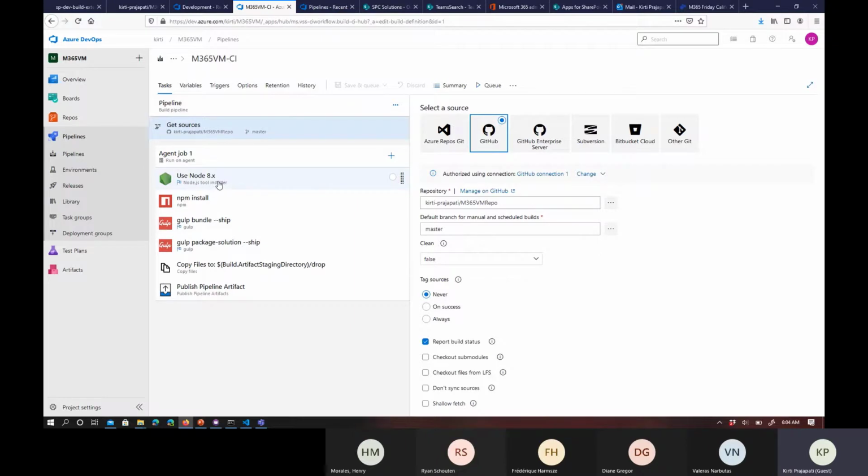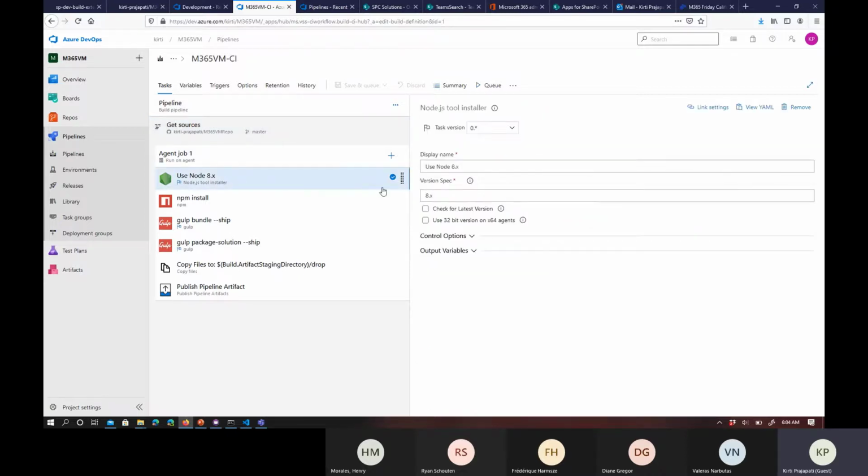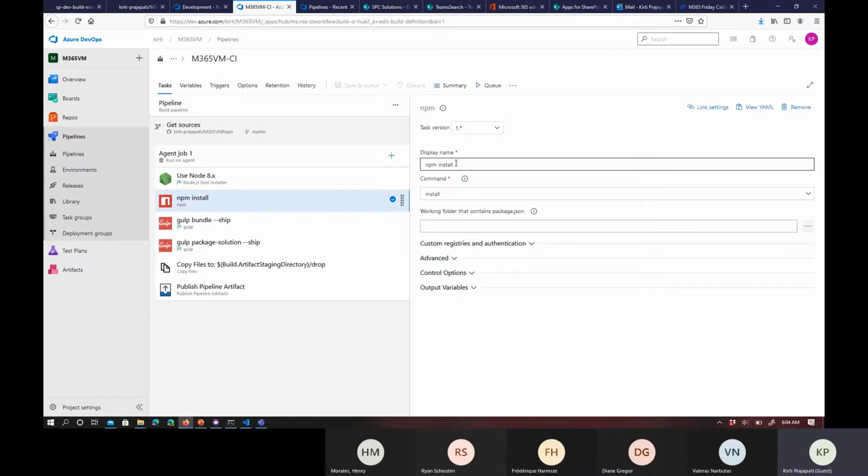These are the same tasks, the commands we execute when we are building the SPFx solution. First we are using the Node version, so I'm using 8.x. Then we are using npm install, so you can see the install command I'm using. This will install the npm packages.